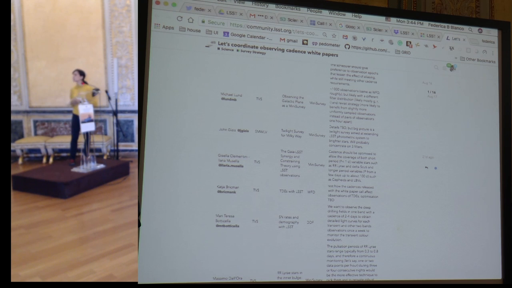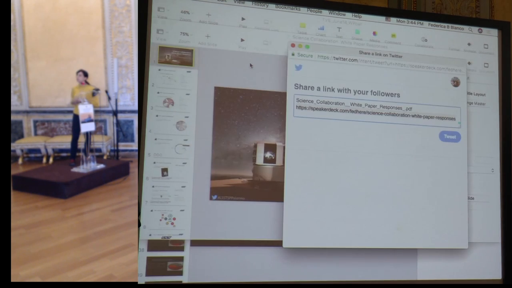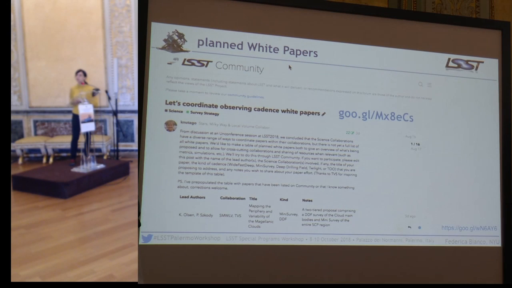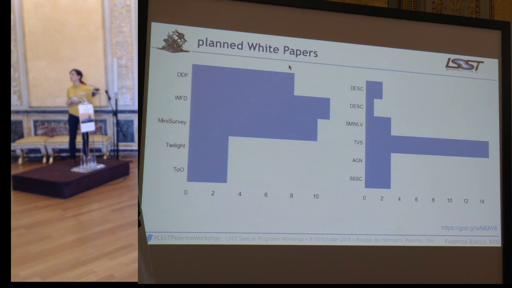Back to the slides. Let me give you just a few summary points on the papers that are being submitted. Next, please. So by science collaboration, so first of all, by kind of proposal, there's about 8 deep